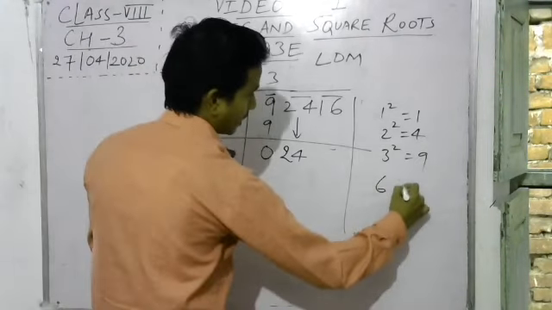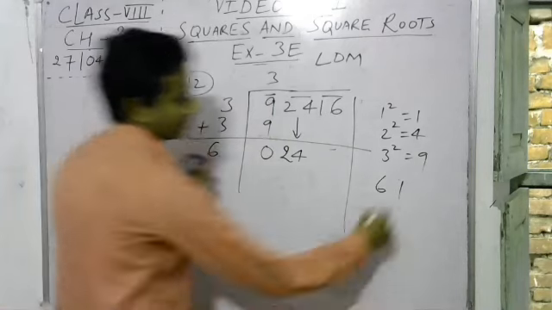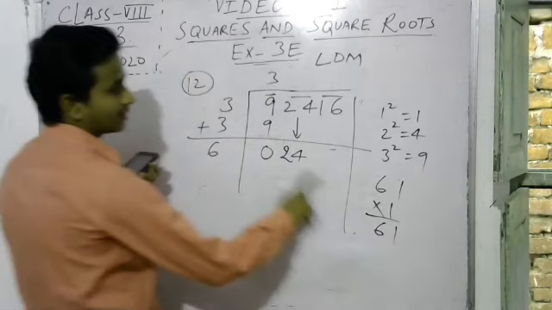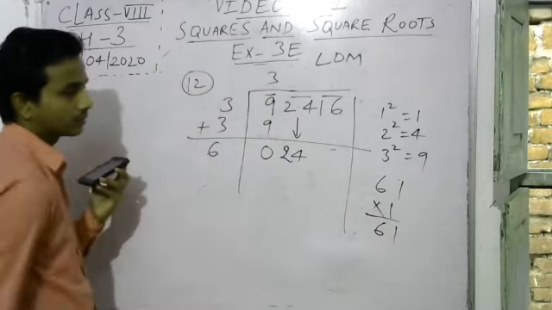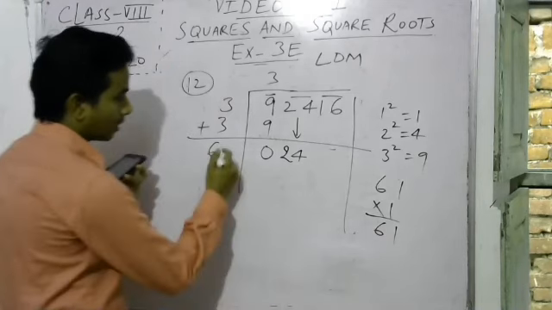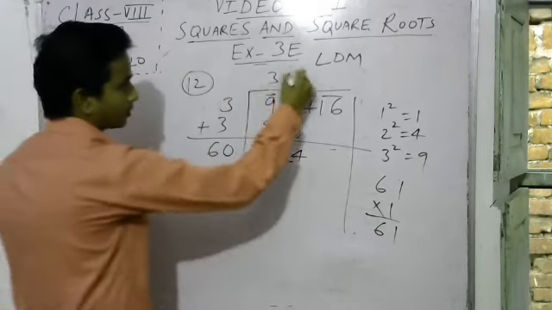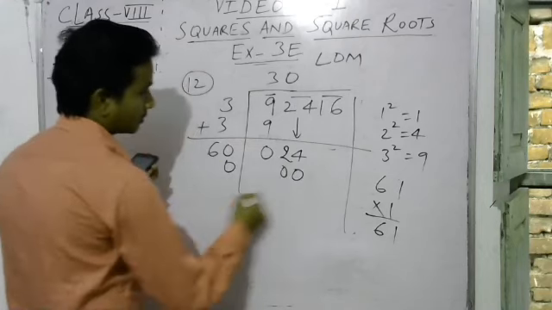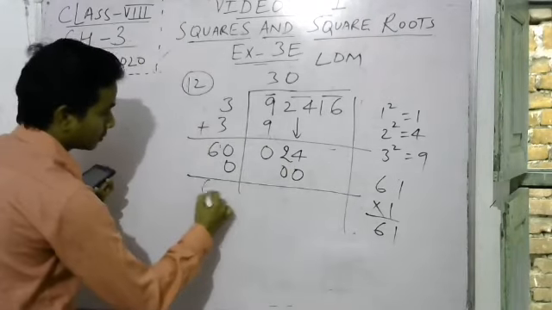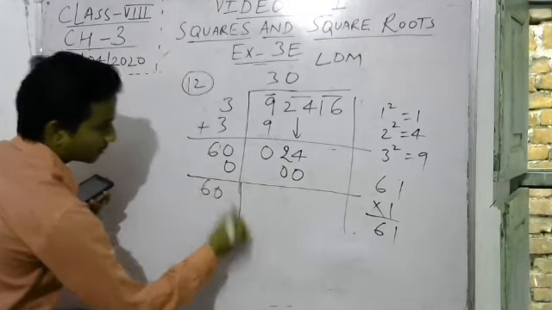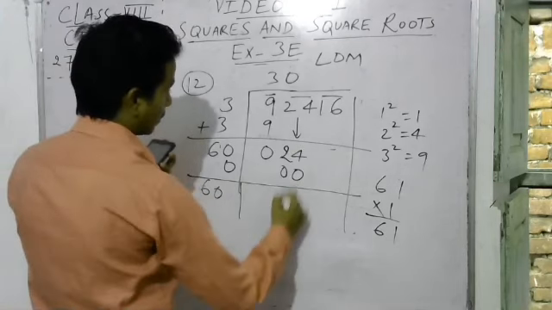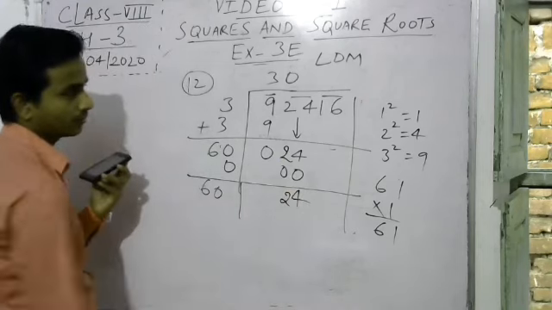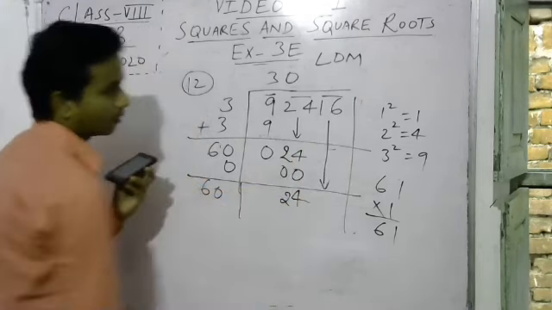For example, if we apply 1, see, multiply 1, what do we get? 61. So 61 is greater than 24, so we cannot apply it. So we will go for 0. We can apply 0 times. So what do we get? 0. 0 times, so 60 is added to 0, it is 60. Leave some space here for another digit. Now 24 minus 0 is 24, and now again this whole 16 will come down.